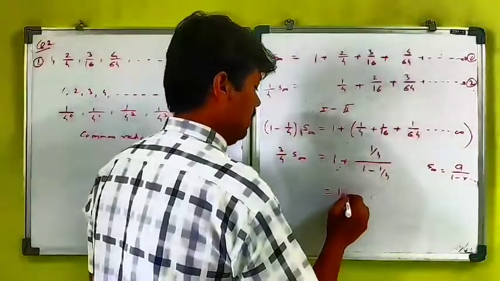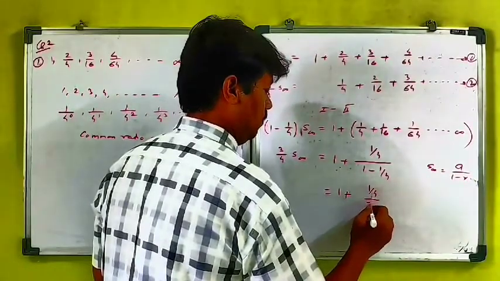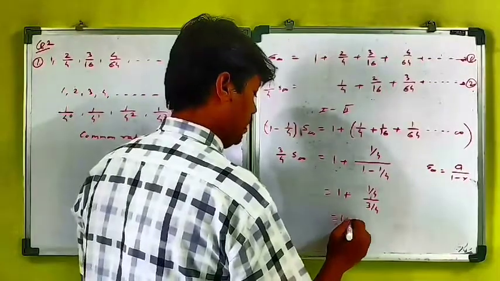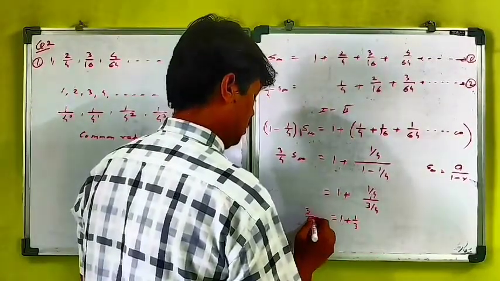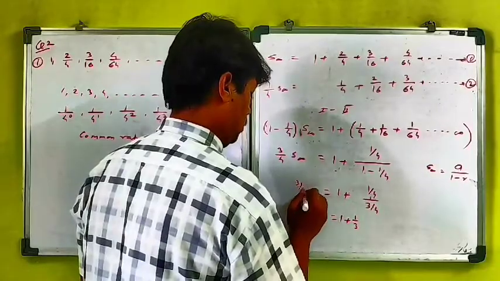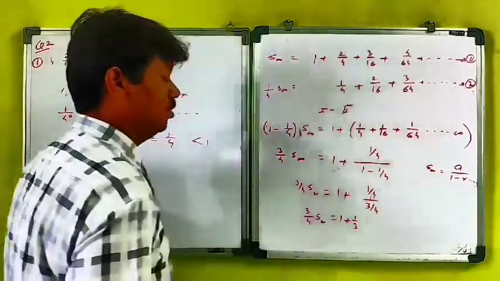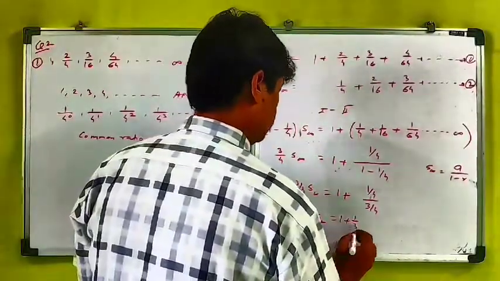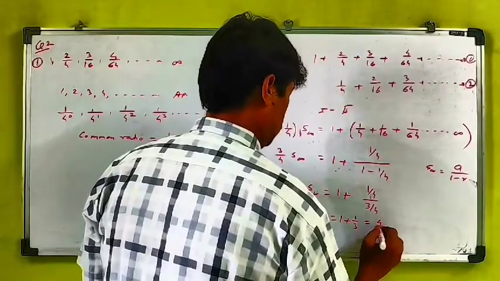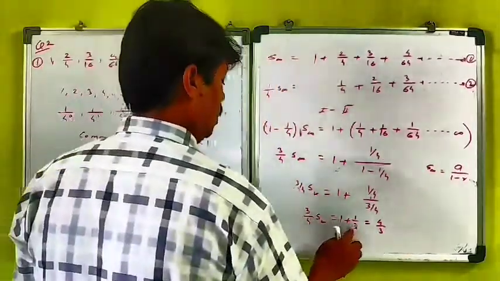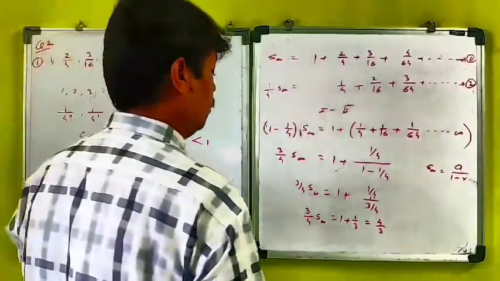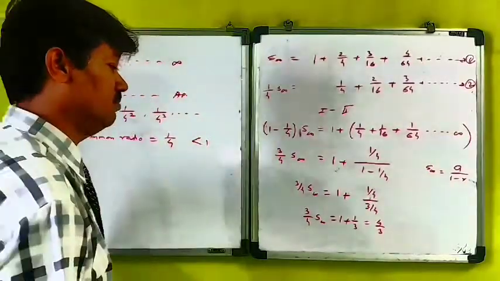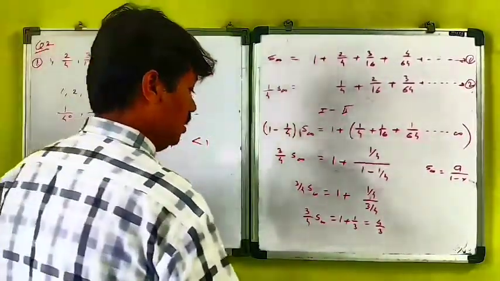So here it is 1 plus 1 by 4, 3 by 4. The 4s cancel, so this is 1 upon 3. 1 plus 1 upon 3. So that is 3 plus 1, that becomes 4 upon 3. 3 plus 1 is 4 upon 3. And this is 3 upon 4. So that becomes 16 upon 9. So here,